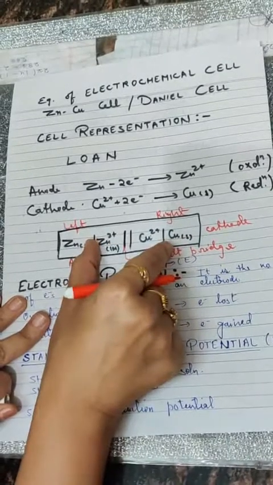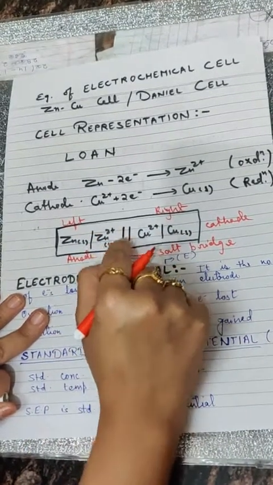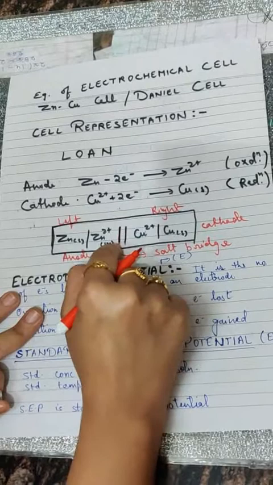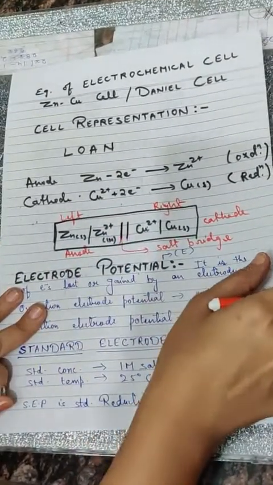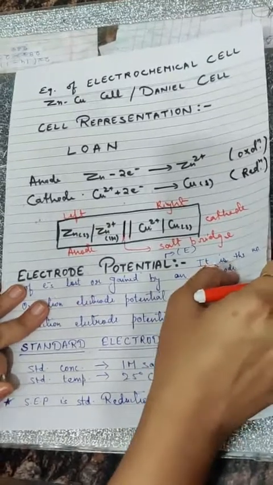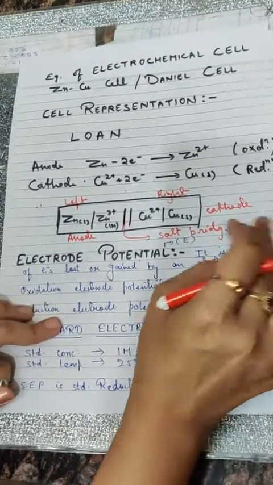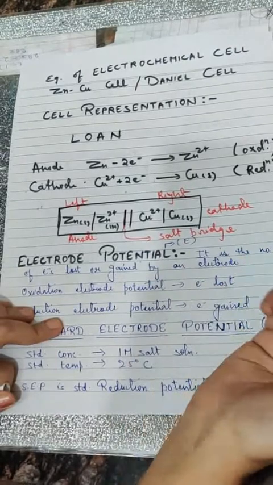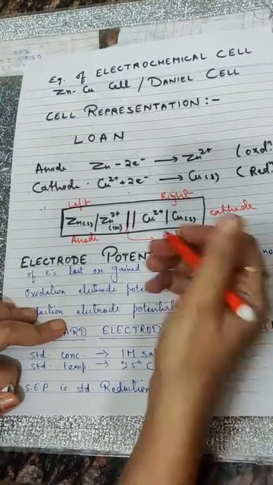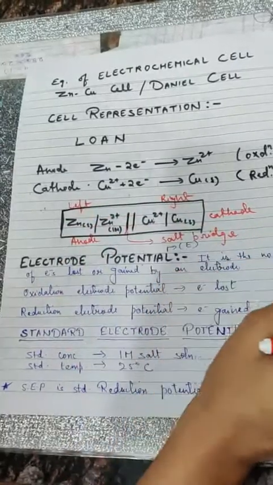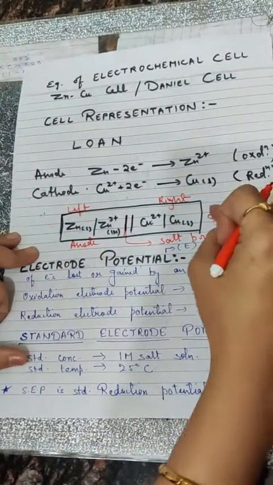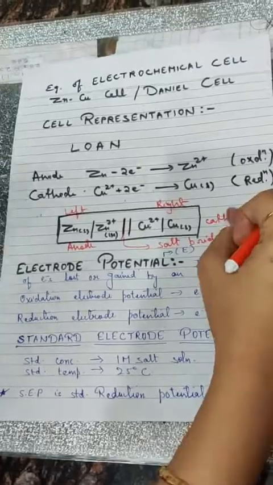And the two cells, that is the two chambers, are divided with the help of a salt bridge. And you know the composition of a salt bridge, it contains gelatin or agar-agar along with an electrolyte, that can be any salt of potassium. We discussed it in the last lecture. I hope this representation part is clear to you. We will be dealing with the questions in the next part.